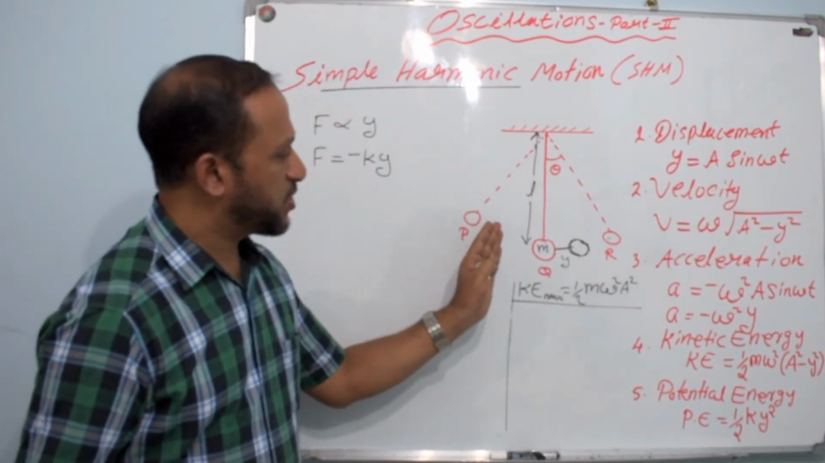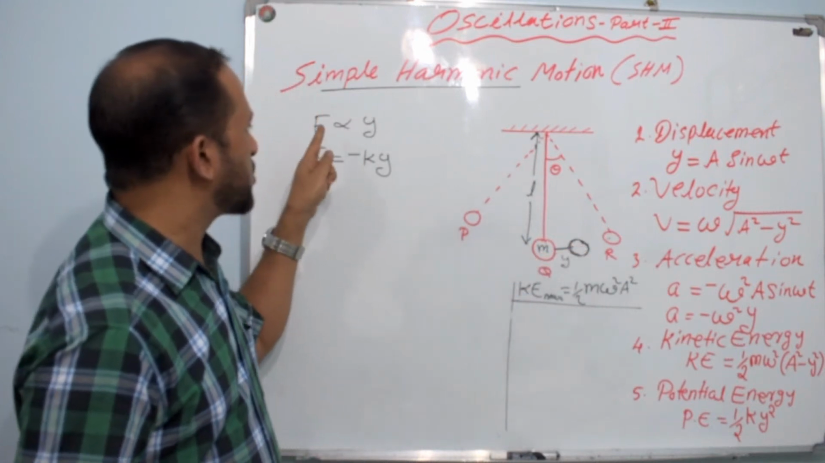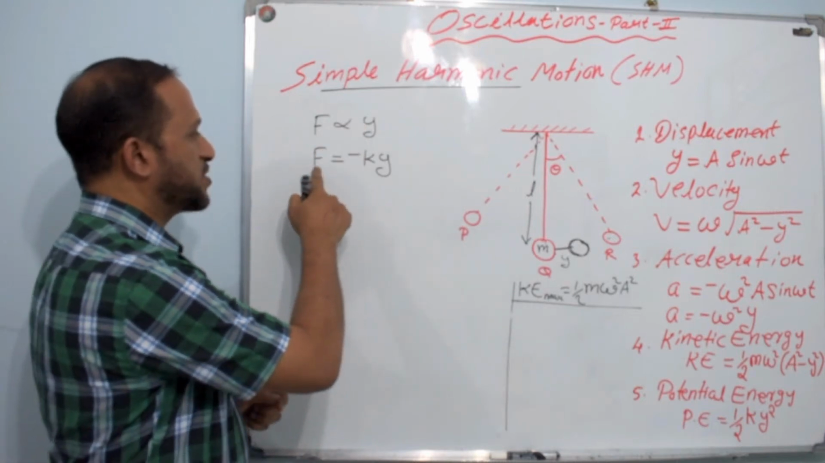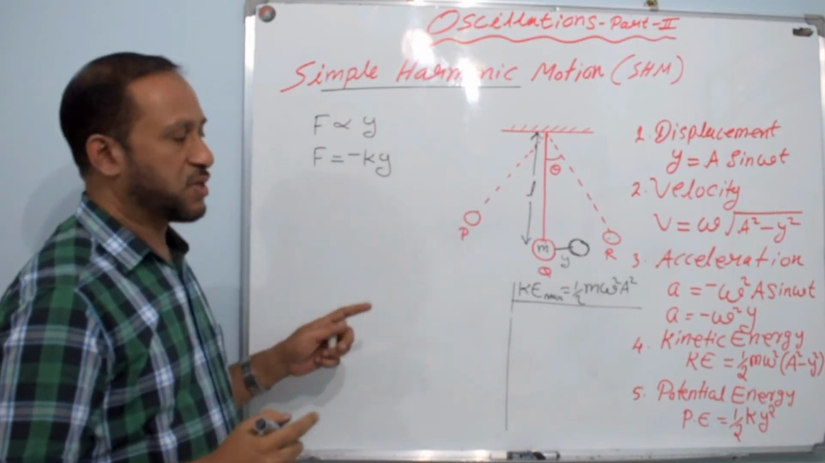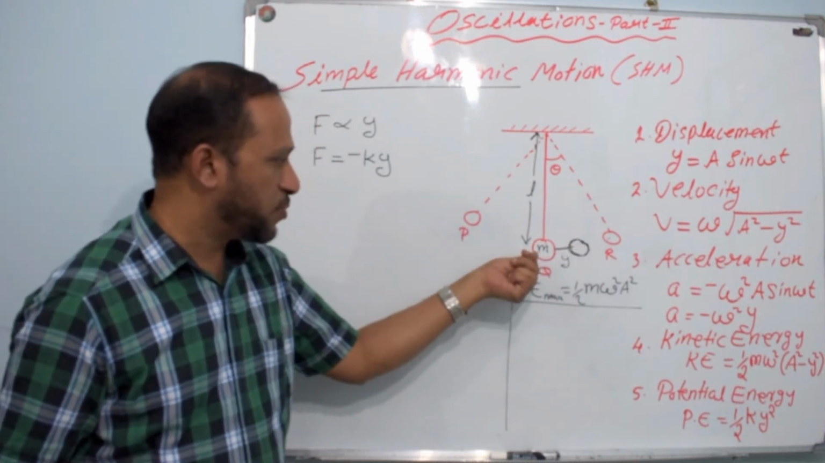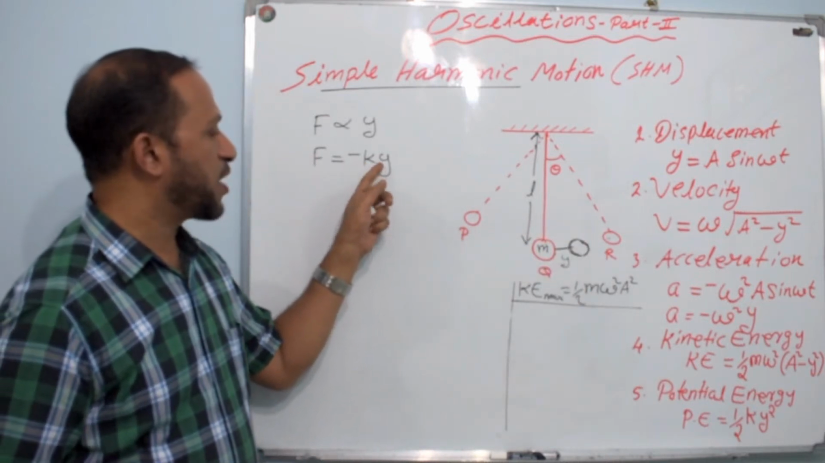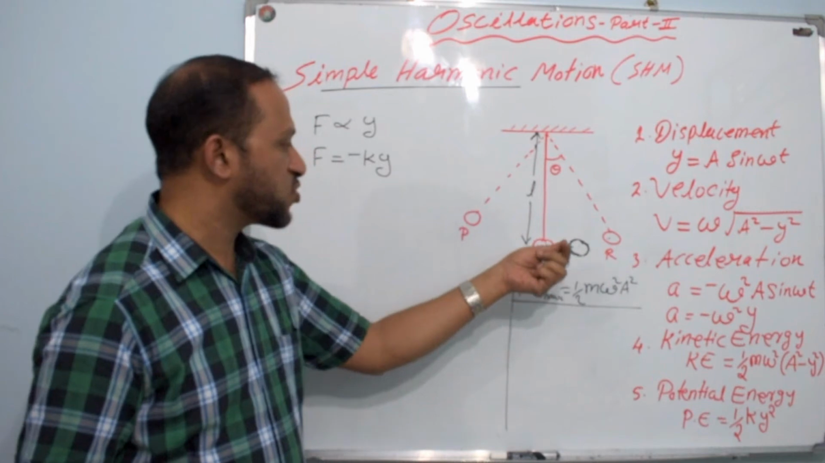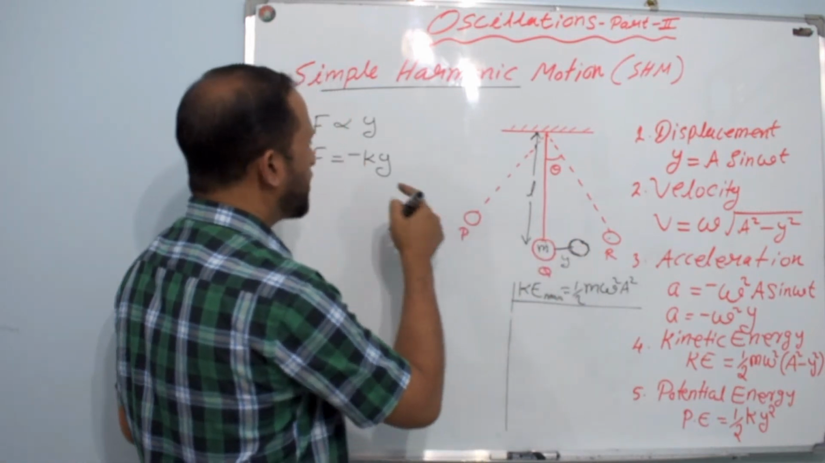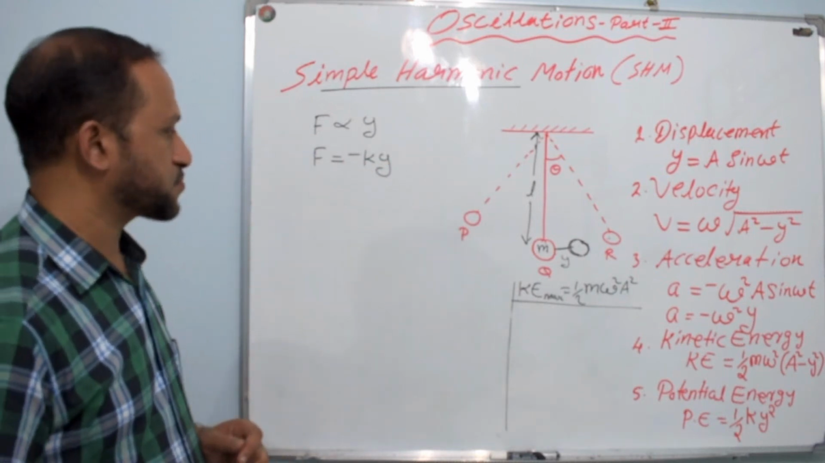When it is displaced through a distance y, a restoring force will act in the opposite direction, and that restoring force F is proportional to y, or that F is equal to minus ky. Here the negative sign shows that the restoring force is acting towards the equilibrium position, means opposite to the displacement, and it is directly proportional to y, means as the displacement increases, restoring force also will increase. So right now at this position, minus ky is the restoring force acting,